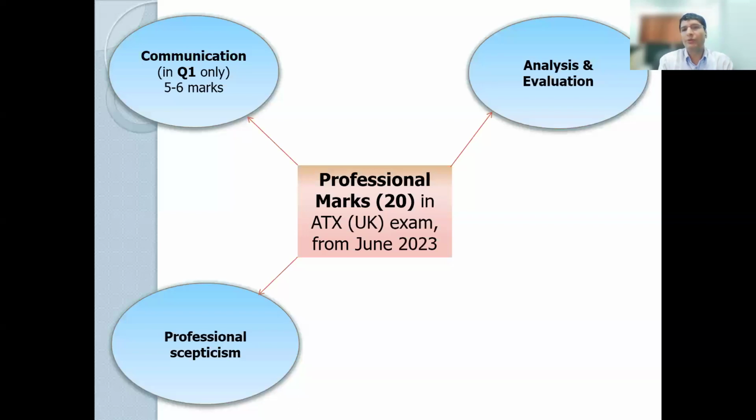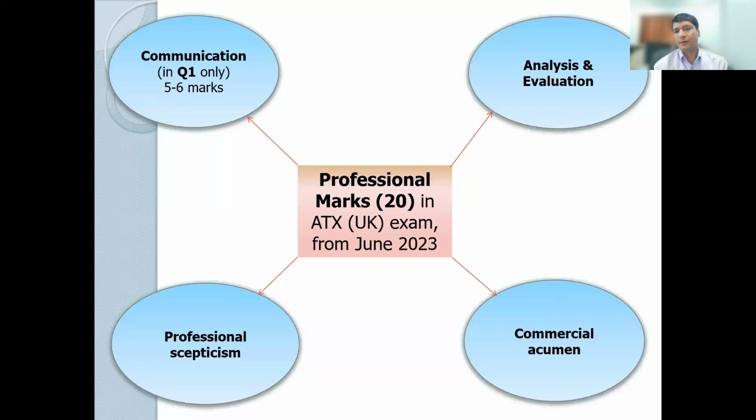We always know that when we read the question, the first thing we need to try and understand is what the question is asking. Do I need to look into it further? Do I need to review the information in greater detail? And these are obviously related. And when you are analyzing and evaluating, you use professional skepticism and professional judgment, obviously.